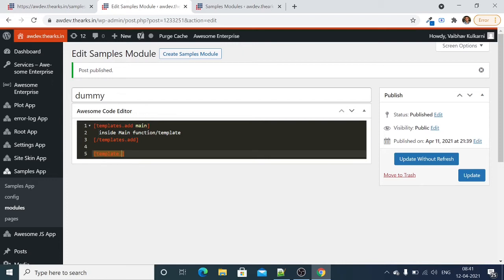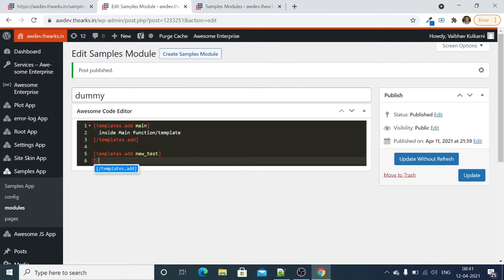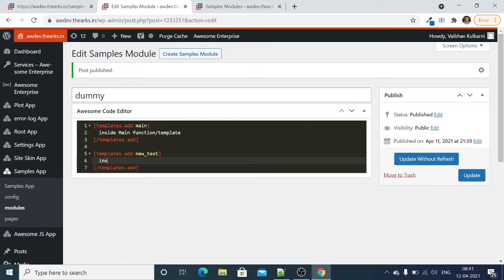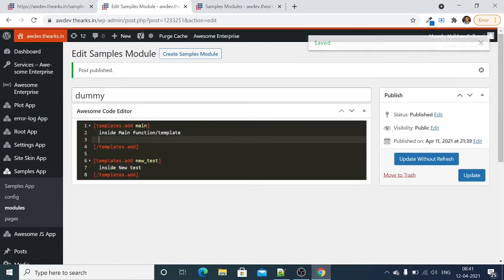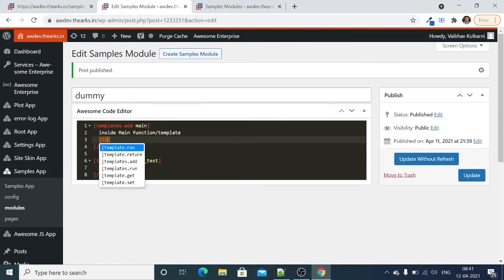So template, let's create one more function, templates.add new test. We will close this and we will create inside new test. So we are calling it like this, templates.new_test.